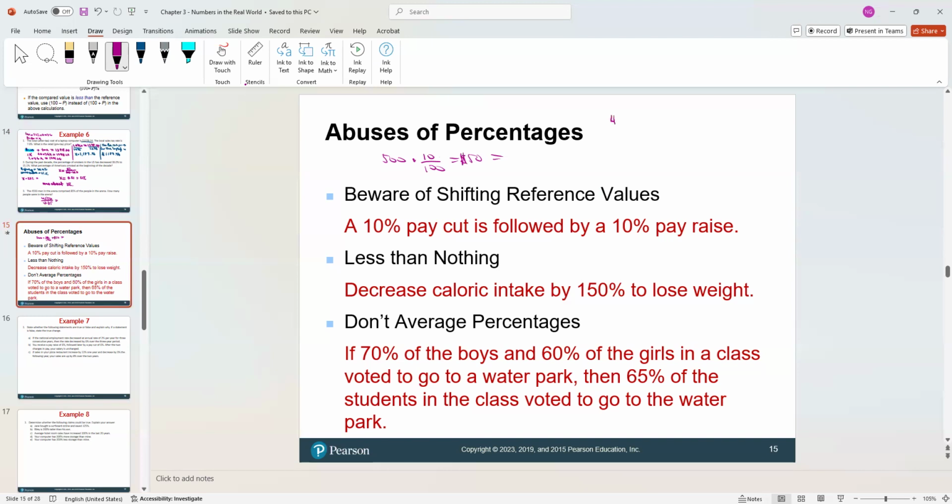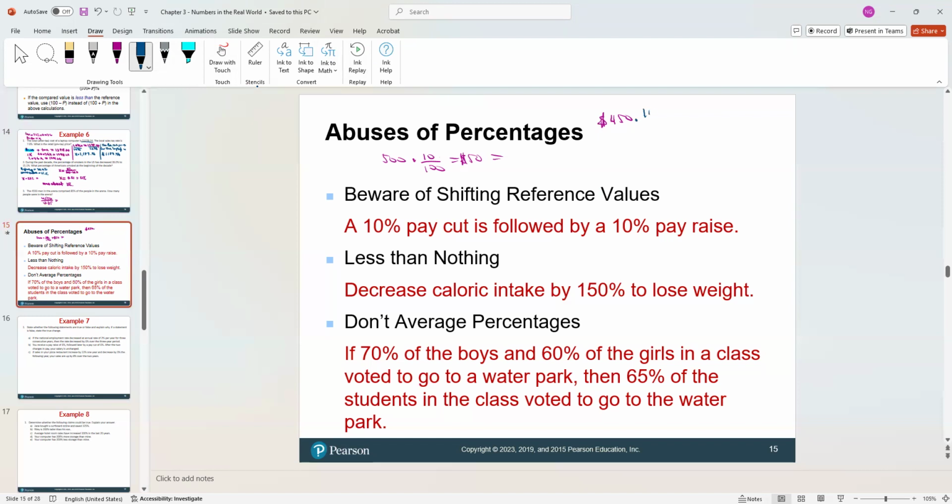Now, your new salary is $450 that you agreed to get paid because you want to help your company. Your employer said, we need your help to save the company. What I'm going to do is cut 10% from your salary, and I promise in 3 months, I'll give you back your 10%. Now, in 3 months, your employer respects his word and decides to give you 10% back.